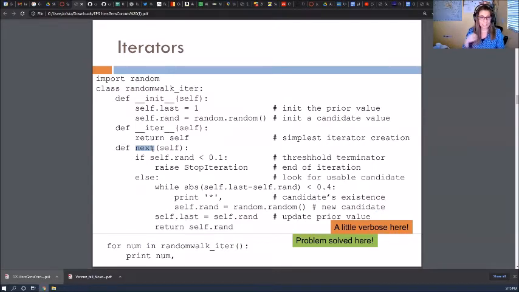So it has a next method, which means give me the next element of this collection. Okay, that's what it means. Give me the next element of the collection, and whatever the collection is, that's where the logic is going to be. So for example, the next here is just a simple if-else with a little while loop to remove the ones whose difference is less than 0.4. And so the next one is a random number that is greater than 0.1, whose difference with the previous one is greater than or equal to 0.4, and it returns one number.